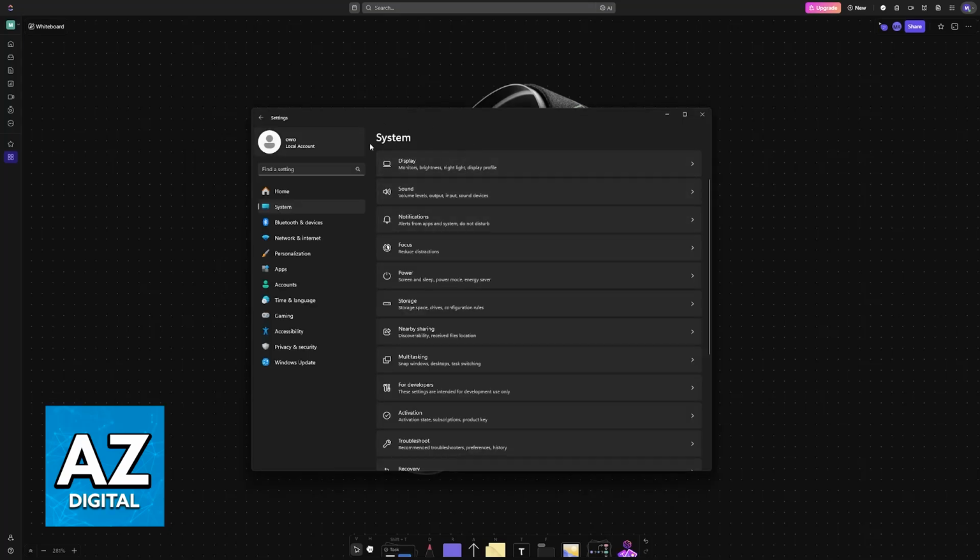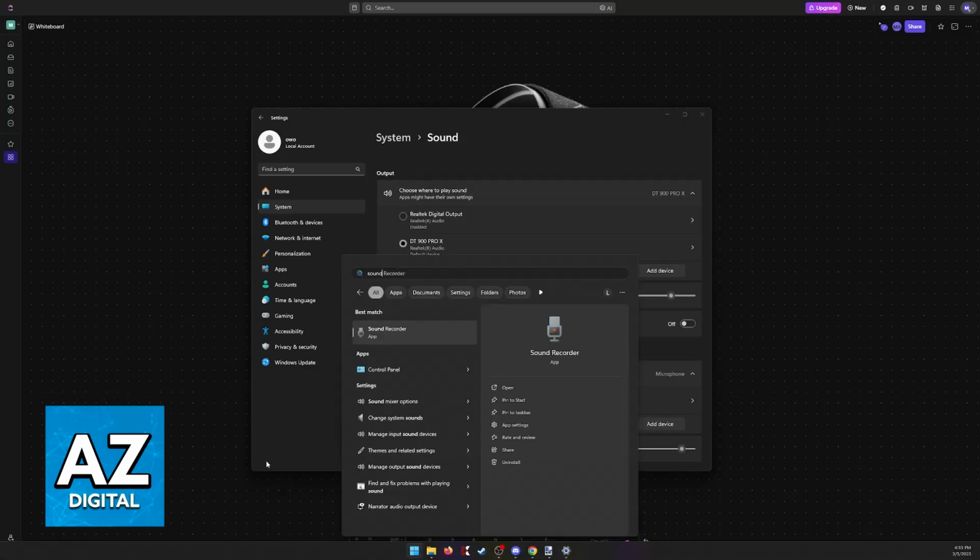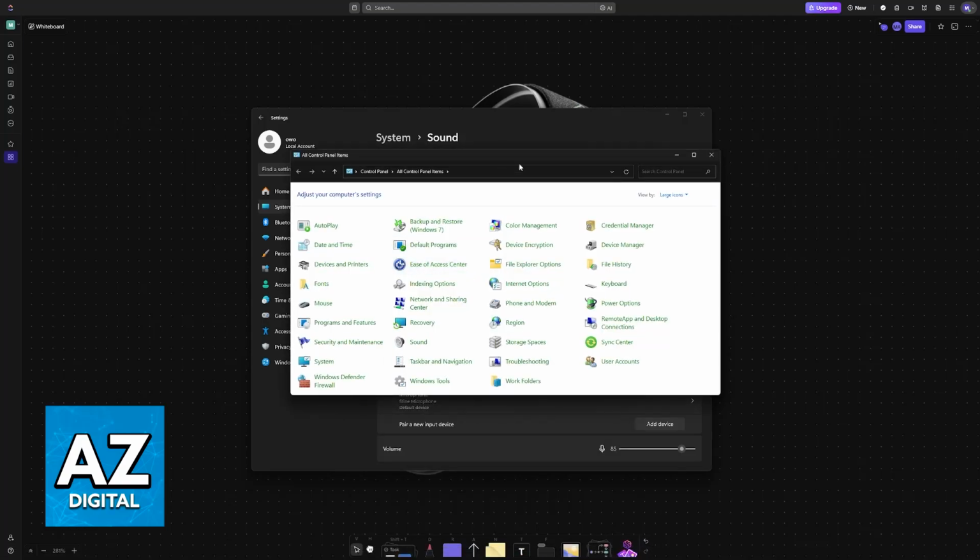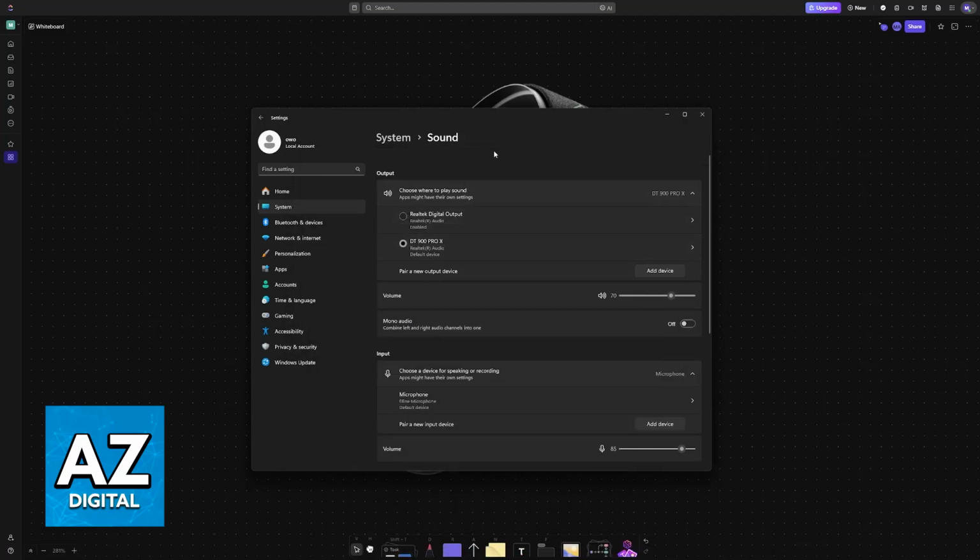So first, the main way to do this is to go over to the system settings and then select sound. You can also use the search function here and look for sound, and you should be able to find it. You can also do this on the control panel, and I'm gonna display this option later. So first, if you go through the settings through this menu, the very first thing that you have to do is make sure that the headset is selected from the list.